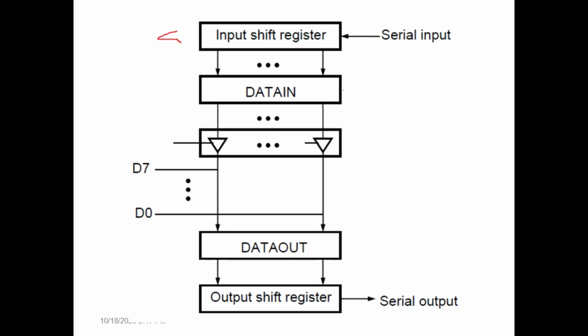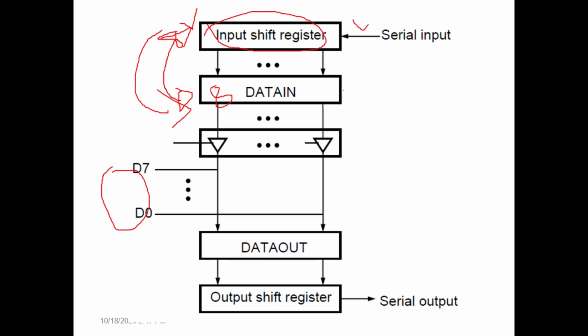Once 8 bits are collected in the input shift register and we transfer those 8 bits to the data in register or buffer, the 8 bits will be there in the data in buffer. And there is one more buffer, the input shift register, which can be used for another purpose, that is, to collect the new data. So we need not wait for the processor to read the 8 bits before collecting new data. We can collect the new data in parallel once the previous data is placed into the data in. This happens because there are two buffers: one is the input shift register, and the other is the data in buffer. That's why it is called double buffering.